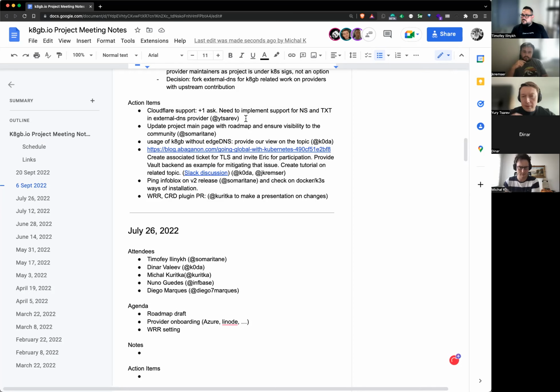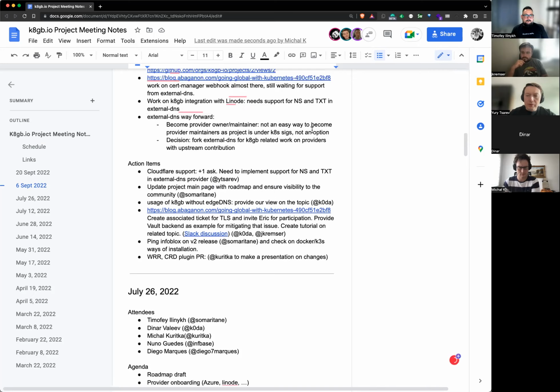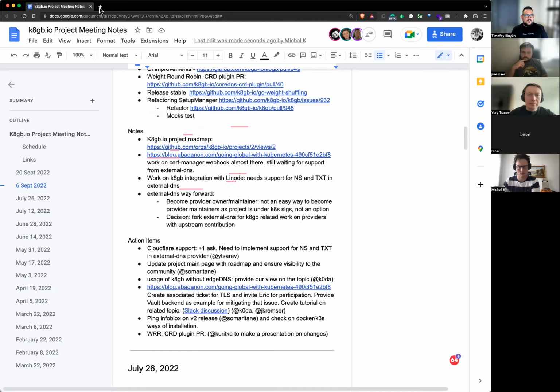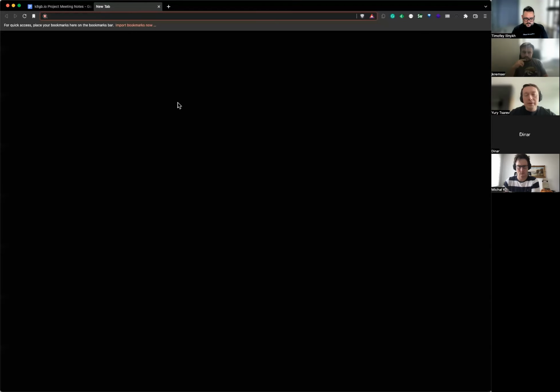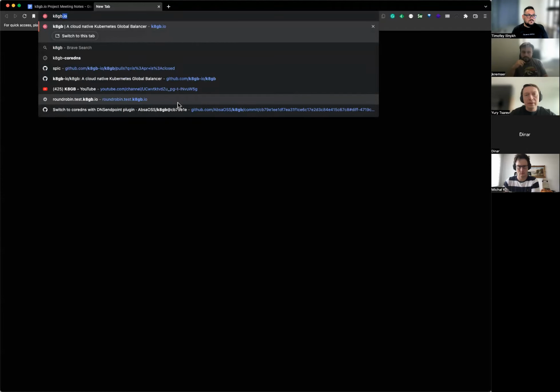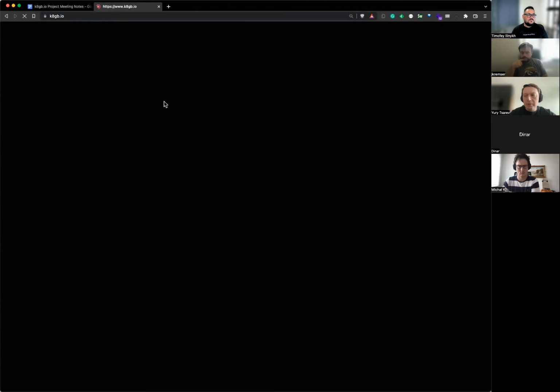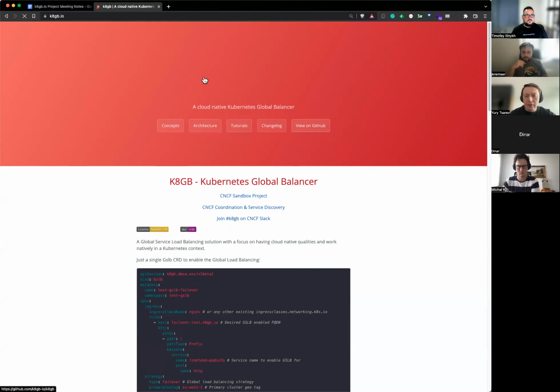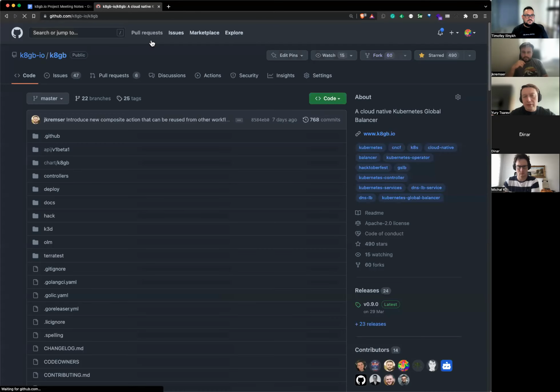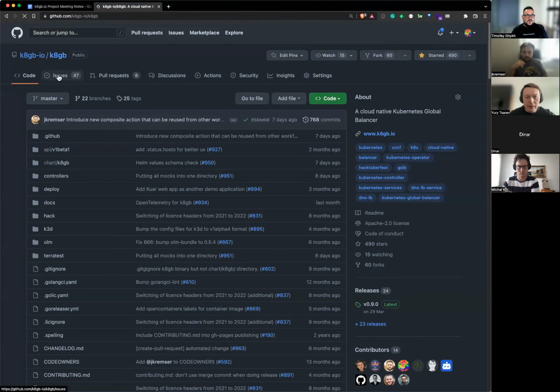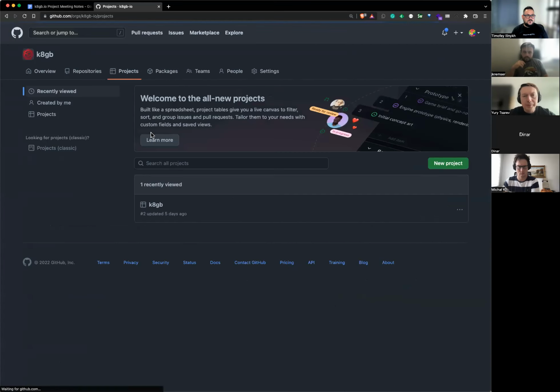Let's then put it properly on the roadmap. There will be several stages there: external DNS implementation, then associated configuration in K8GB, and packaging into a Helm chart. So implementation will take several steps. Totally agree. So let's do that.